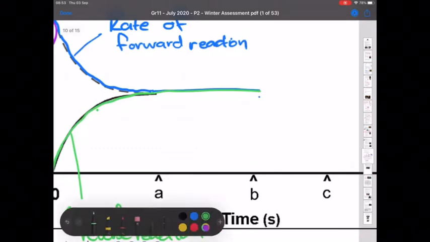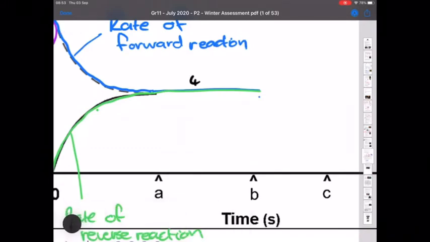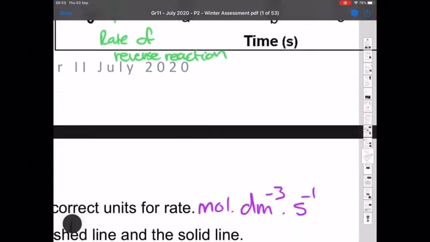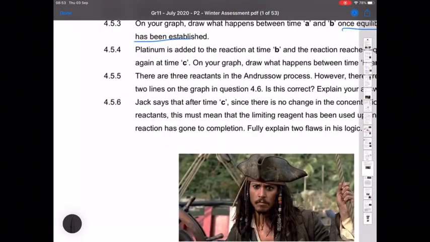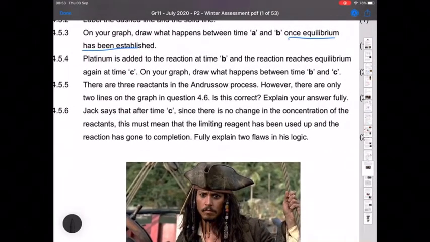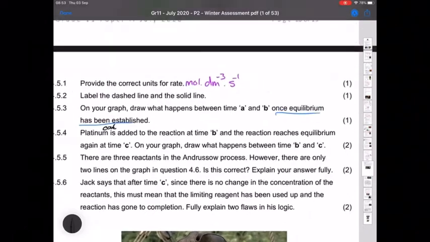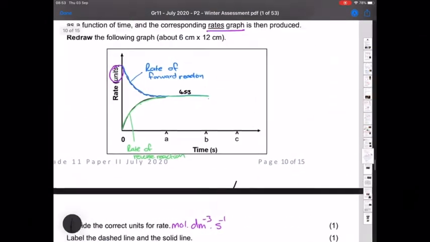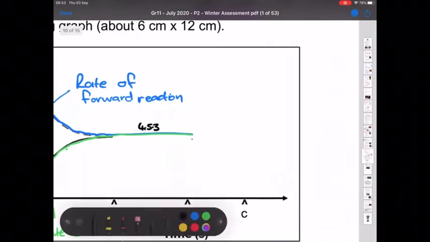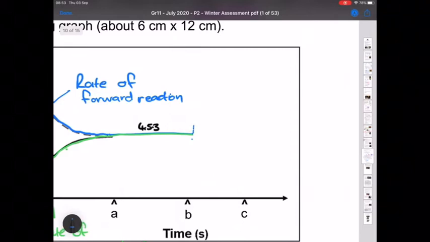That was question 4.5.3. Then 4.5.4. Platinum's added to the reaction at time B. So you're adding the catalyst at time B. And the reaction reaches equilibrium again at time C. On your graph, indicate what happens between time B and C. So a catalyst increases the rate of the reaction. I told you it increases the rate of the forward and the reverse reactions equally. So both reactions are going to have a spike, not a gentle curve, because a catalyst is going to make the rates jump up